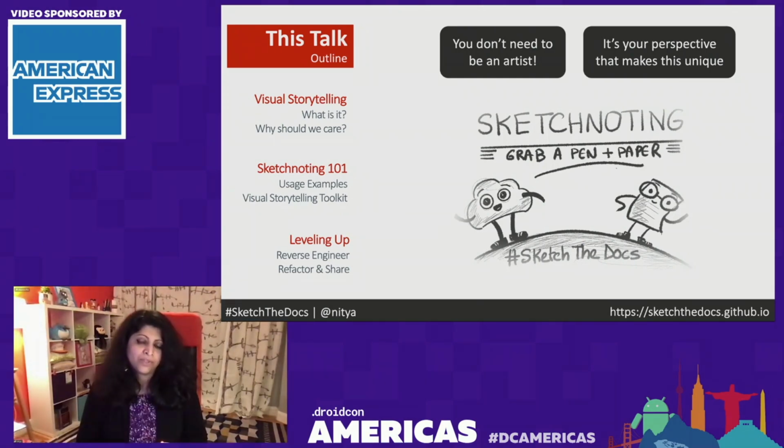journey on your own. The 2 most important things I want you to take away right now, though, are 1, you don't need to be an artist. I say this because every time I show someone sketch notes, they're like, oh, but I can't draw. And the idea here is that you don't need to be an artist. All you need is your own unique perspective and a way in which you can represent that enough for people to be able to identify what you're talking about. And hopefully by the end of this talk, you'll have a few tools that'll help you do just that.